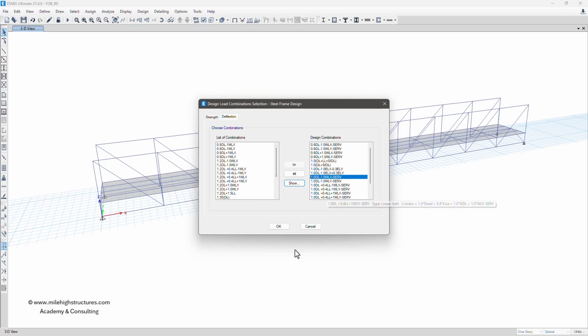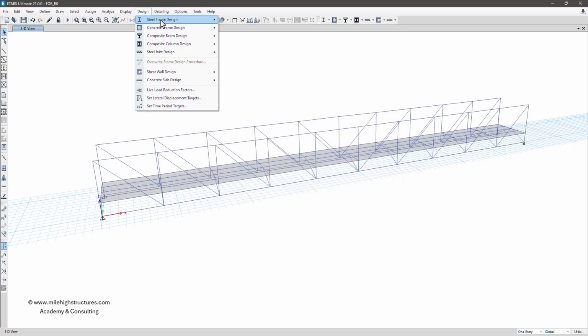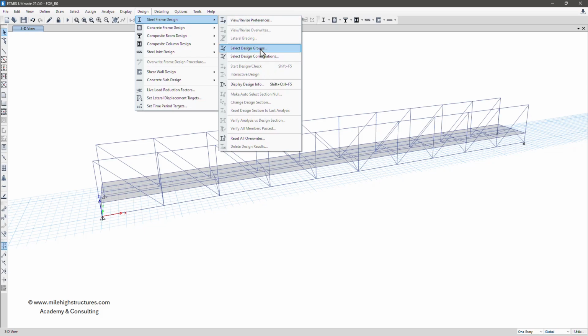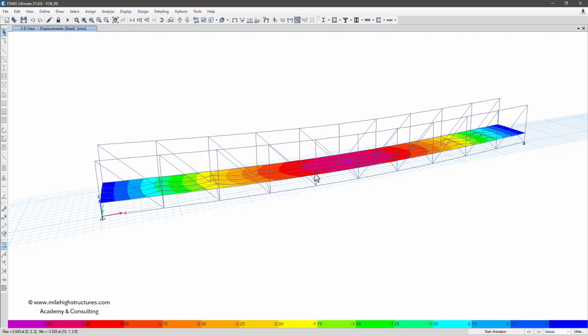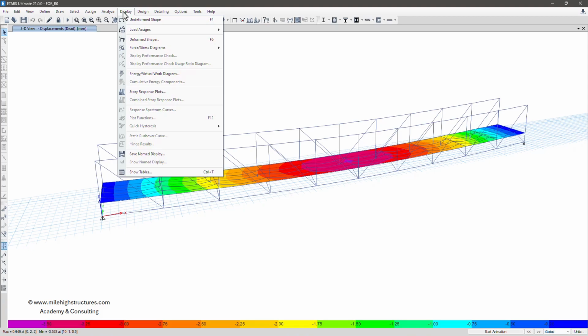So now everything is okay, and we can go to the design, steel frame design, but before that we do need to analyze the structure also. So we can go to the run analysis option. So on the center we can see that under the dead load case, it is approximately deflecting by 3.3 mm, and we have already checked the local parameters in the other videos, but just for the sake